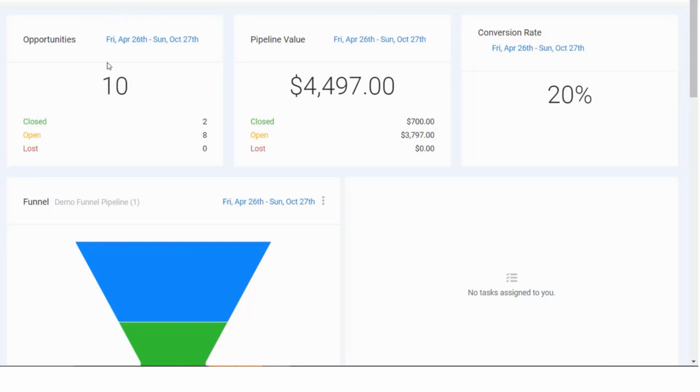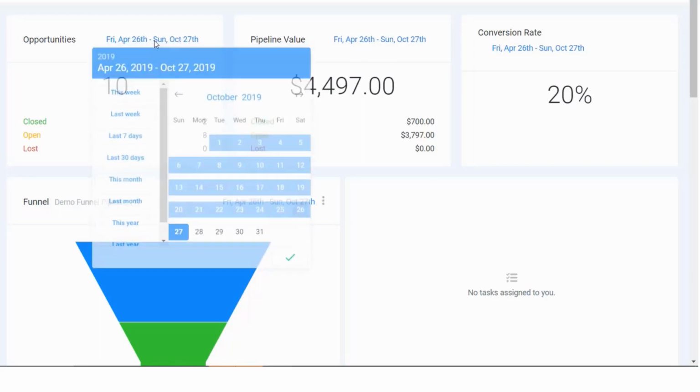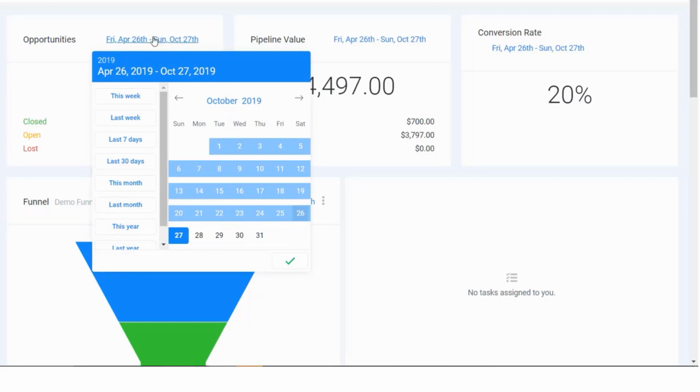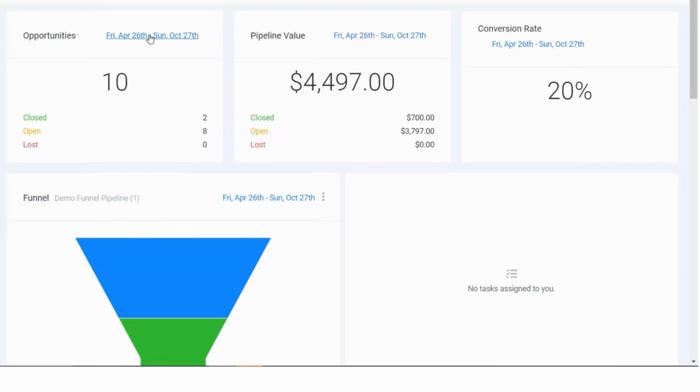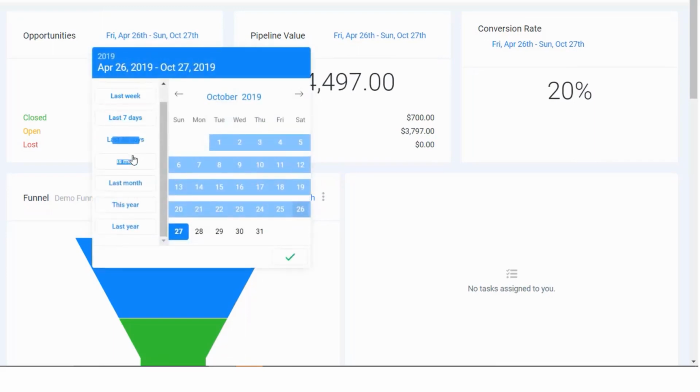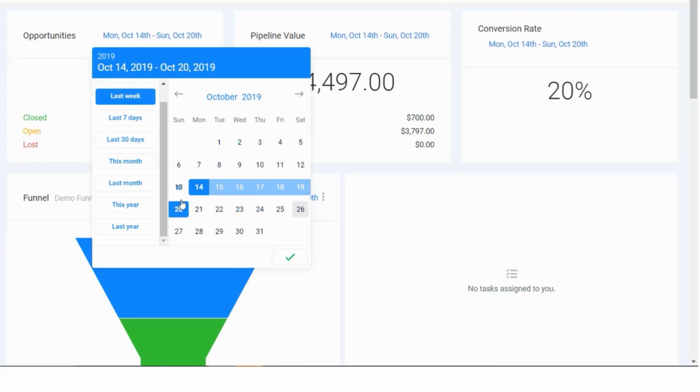So the first box here is your opportunities, and you'll see a date window here, which by default will usually show the lifetime of your account, but you can change this by clicking on this and choosing a particular date, last 7 days, for example, or last month, this year, last year. So one way to use this is that whatever the period of the week is, you can just hit last week and it will show you Monday to Sunday of the previous week